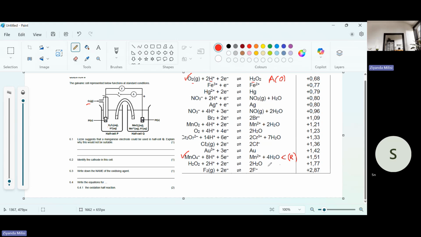Then the oxidizing agent, since it's reduced, will be one of the substances here. All right, I will tell you how to identify a reducing and an oxidizing agent. Now, the first question, Lizzie suggests that